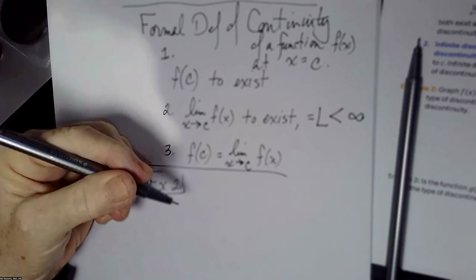I have f of x equal to x minus 3 if x is less than 4, 2 if x equals 4, and